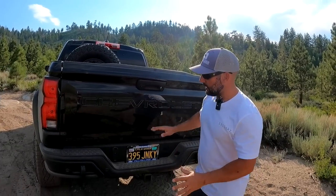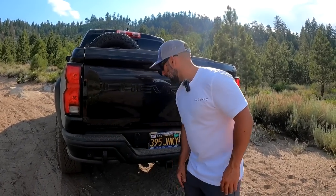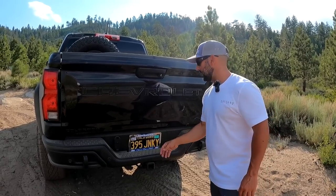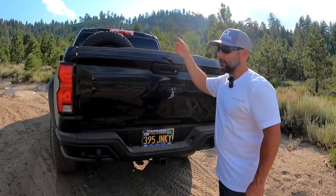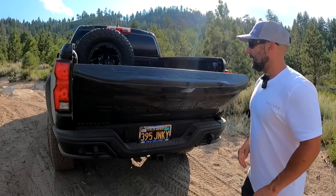So on the rear here, again, you have the AEV stamped steel bumpers. You got some more recovery hooks. It is rated to tow up to about 6,000 pounds, which we don't plan on ever doing any of that. This is one of about 7 different camera angles that you have that's available to be seen inside the cab, which we'll show you that in just a little bit. But in the back here,